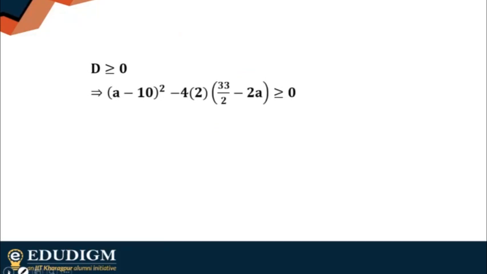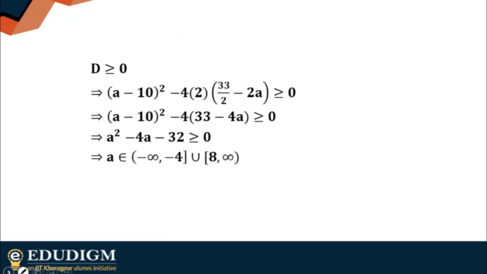This is what you have here. D is greater than or equal to 0 because it has real roots. So obviously you will get a restriction on A. Now, as you understand, it will have a positive integral value. That is very important. So the answer is 8, as correctly pointed out by you people. The answer is going to be 8. Okay, great.